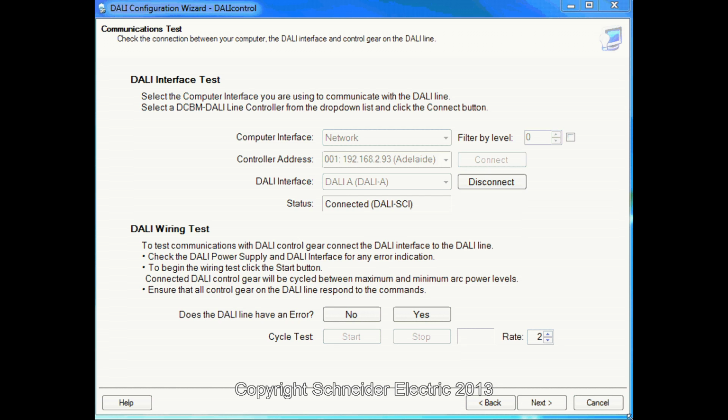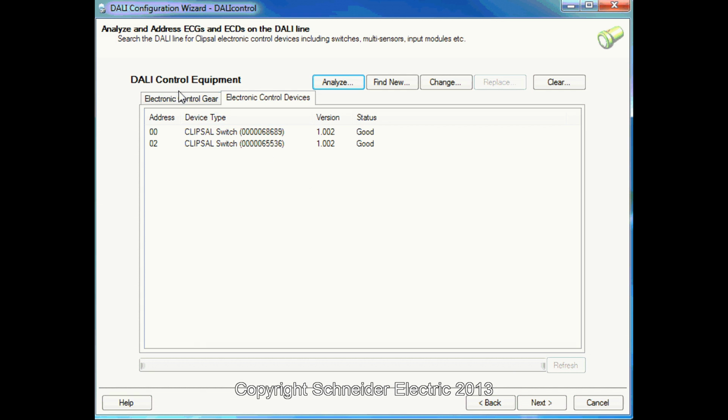Okay, in this example we are doing corridor linking. We have Office 1, Office 2, and Switch 1, Switch 2 on line A, and we have our corridor lights on line B. Okay, first we open our wizard and scan our line A, and basically I've got